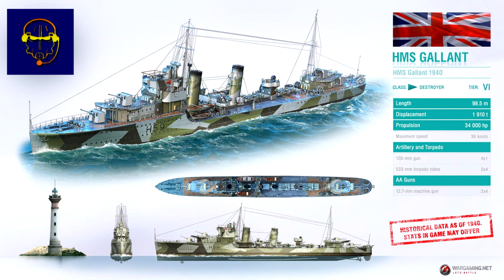We've got 4 guns. What is it? 120 millimeter main guns. We've got 2 sets of torpedoes, 4 torpedoes in each torpedo mount, so 8 torpedoes total. You see there it's in a centerline mount, meaning it can go off the right or the left side. And we're also probably going to be seeing the capability to do the single torpedo drop,